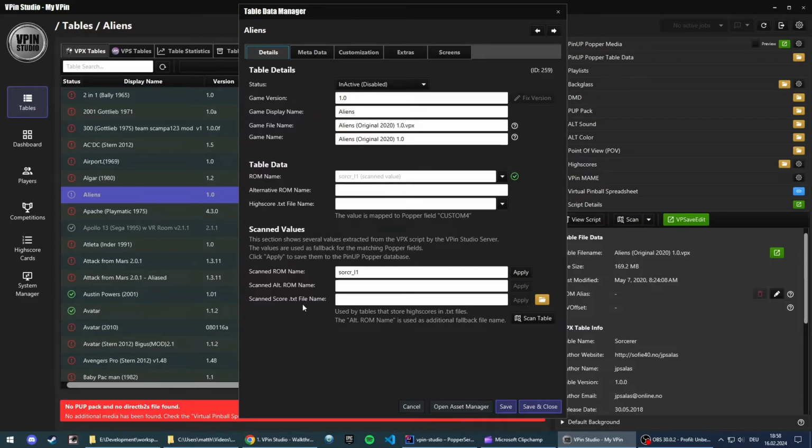So every table differs a bit, and this table scan data tries to extract this data out of the VPX script. So what you see here is, for example, for aliens, the ROM name source L1 has been extracted, and as you can see, it is used as a ROM name for the table data. So when you create a new high score, this value will be used to look at the database, not database,